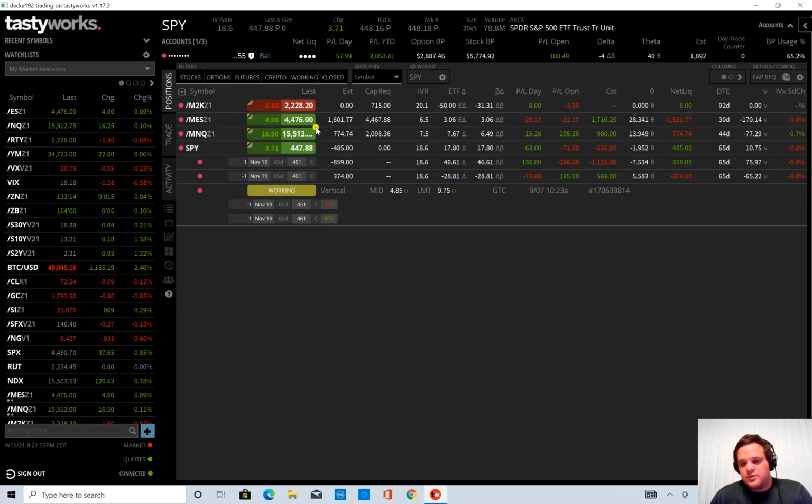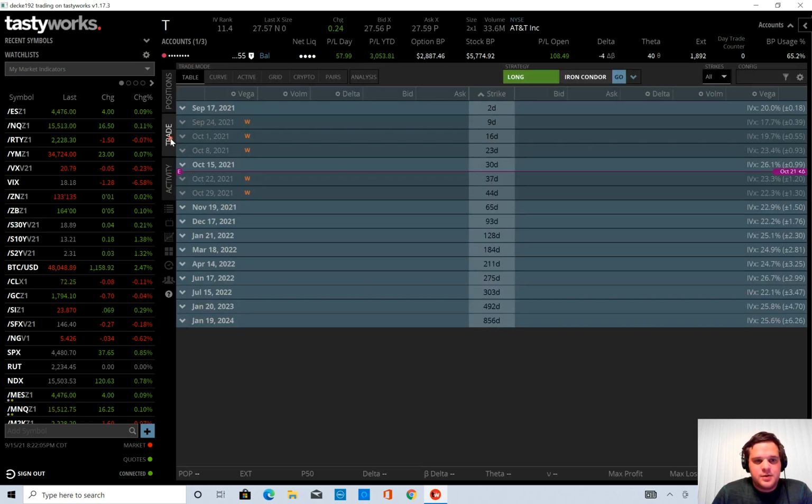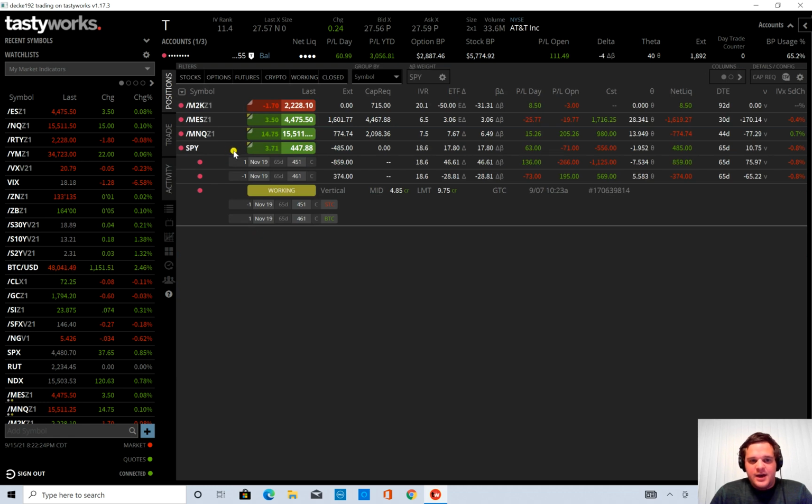Now, what if you wanted to figure out how the market movement affects other stocks? Say, if we do AT&T, for example. Because if SPY goes up $1, that doesn't mean that AT&T is going to go up $1. So there is a correlation between AT&T and the general market, the SPY, and that is how it calculates the beta weighted delta. So the beta weighted delta takes the position delta and it converts it into an equivalent SPY